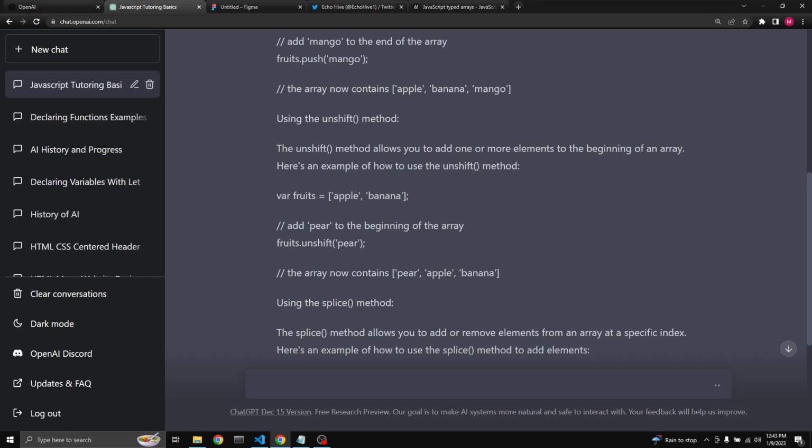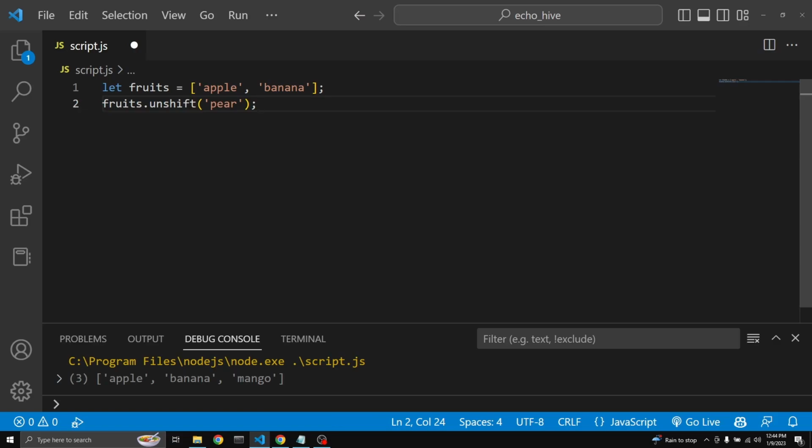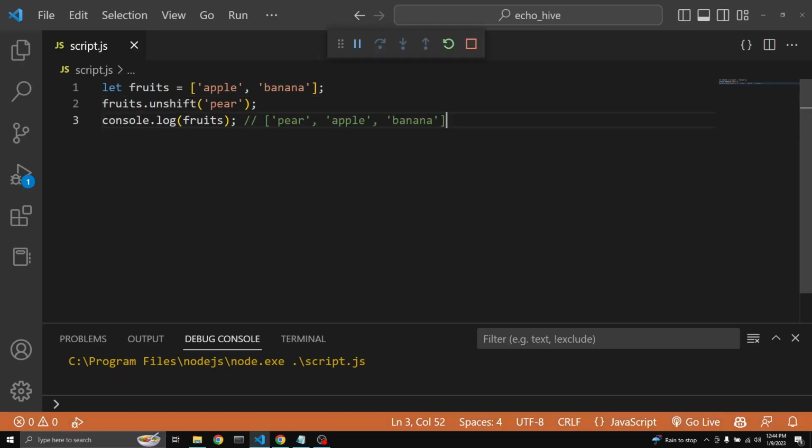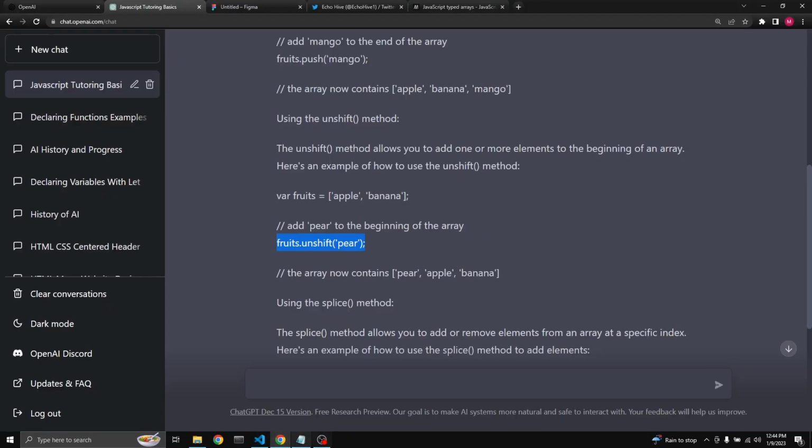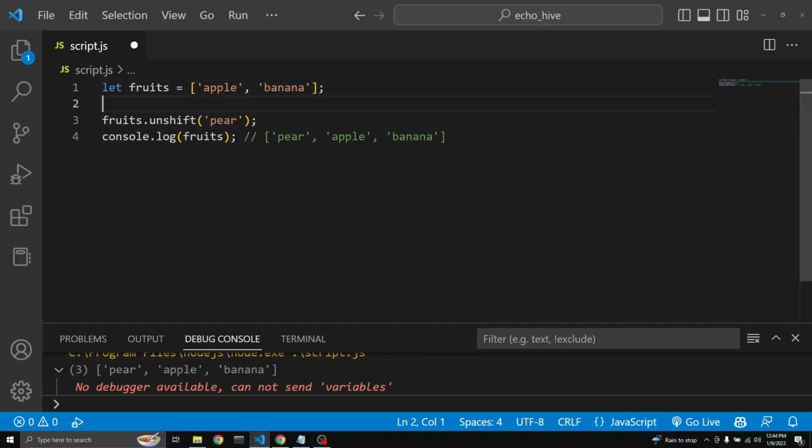The unshift method allows you to add one or more elements to the beginning of the array. So again, we have the same array, and if we wanted to add pear to the apple and banana array, and then console log it, we're going to get the pear in the beginning this time. And you can actually stack these, right? You can say